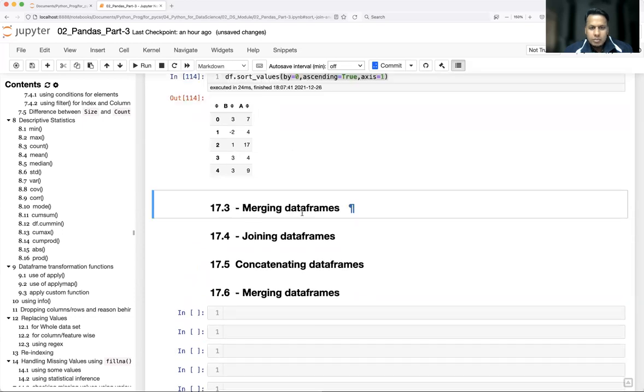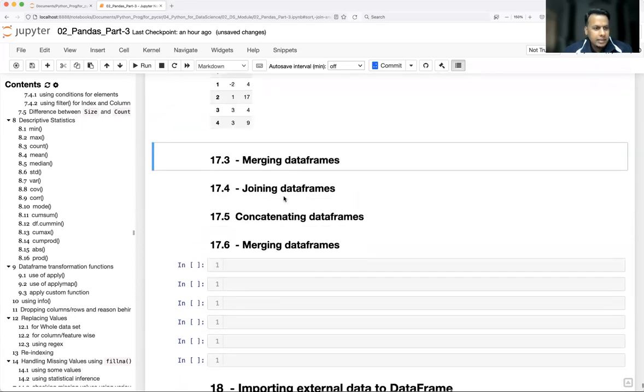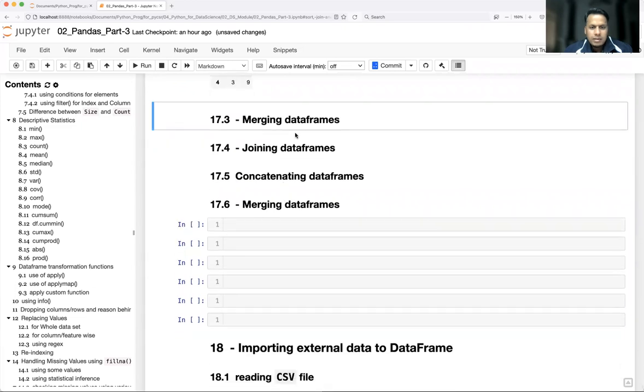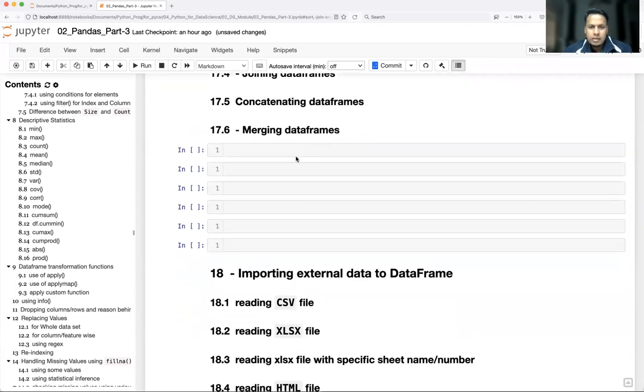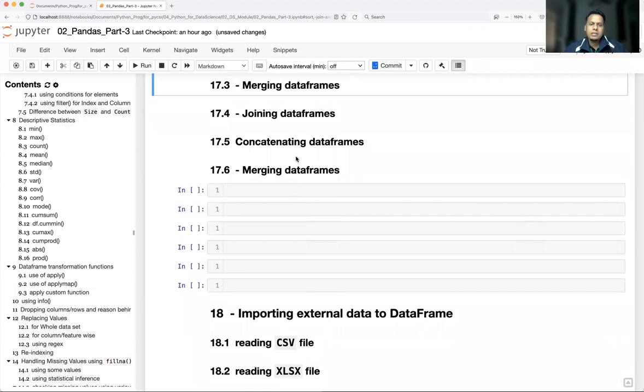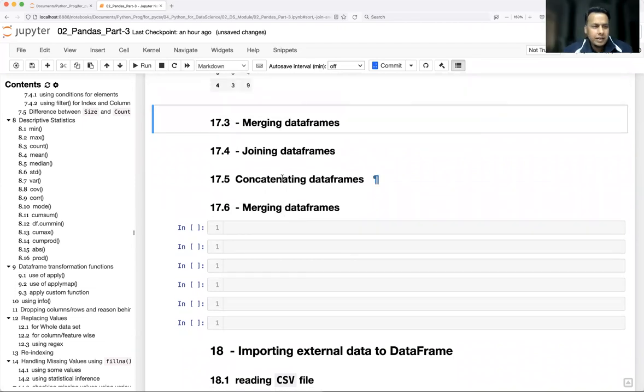I think let's see it tomorrow or maybe in the next video, because it is too much for today. I'll be explaining this again with proper pictures so that you can easily understand how merging works. It is a very simple concept, but those who know set theory will easily grasp it, or those who know SQL, like inner join, outer join, left join, right join, cross join. If you understand that concept, then you can easily understand merge, joining, and concatenation also. So let's wait for the next video for understanding merging and joining.